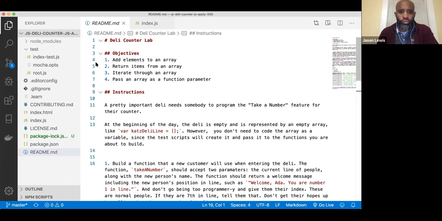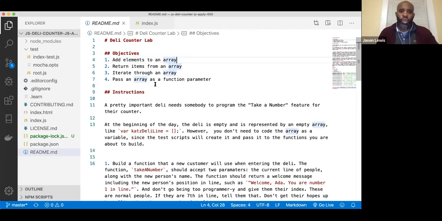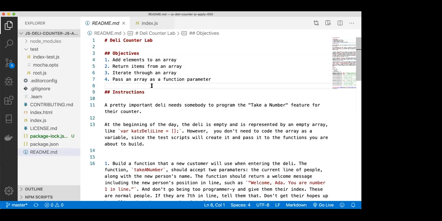So obviously our objectives are to add elements to an array. Does anybody not know what an array is? What data structure the array looks like? I'm new to JavaScript, so I don't know. Okay. Yeah, I'm brand new to JavaScript too. Okay, perfect. So JavaScript has these data structures,